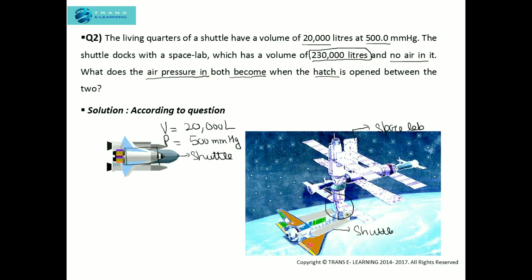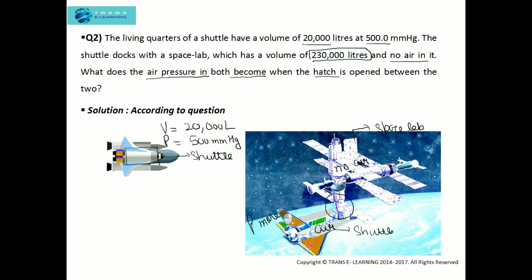So you can see here that the air is only present inside the shuttle. Inside the space lab we have no air, so the pressure inside the shuttle will be more, and inside the space lab we practically have no pressure because there is no air, it's all vacuum. So as we know, fluids, which include liquids and in this case the air, that is a gas, because we are talking about Boyle's law,